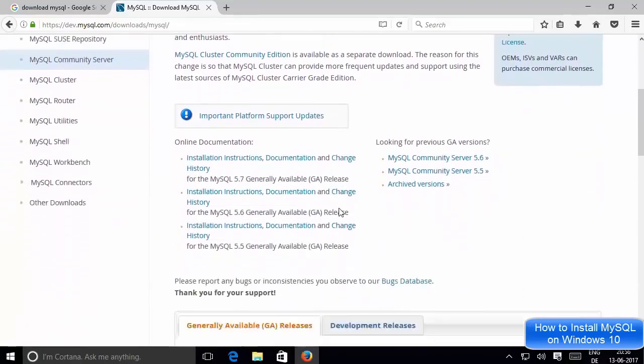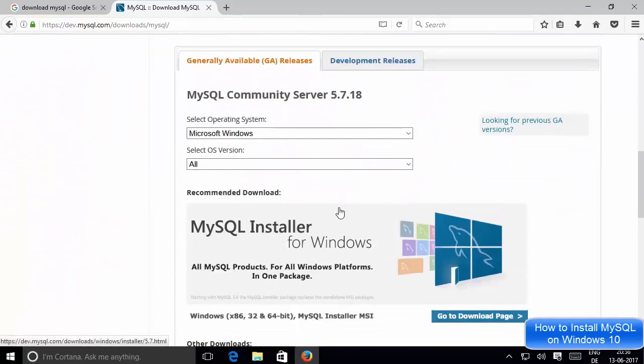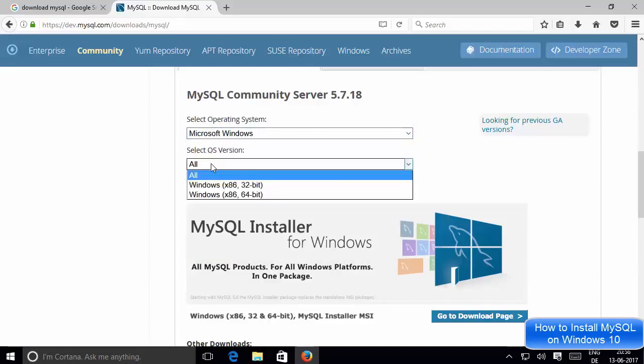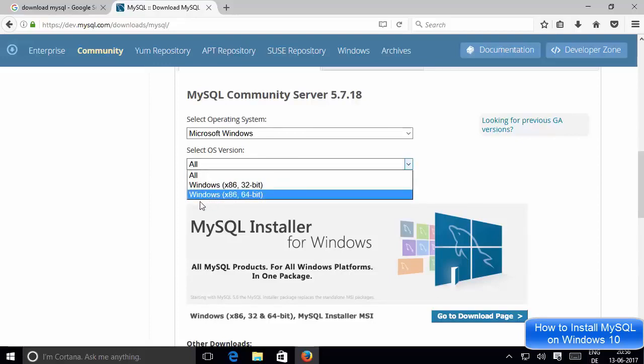When you scroll a little bit down, you will be able to see first of all Microsoft Windows. This is the operating system automatically selected, otherwise you can select your operating system, and then it says select OS version, so you can select the OS version from here, but right now I will leave it as default.